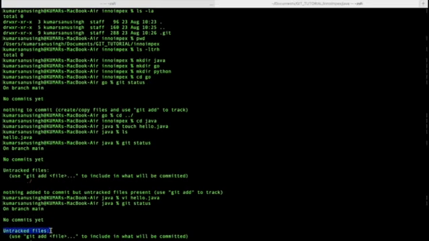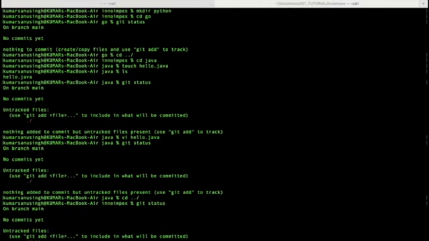Again, the same thing, right? Because we haven't added it, so it is untracked. Now if I come here and run git status, it will tell me where my untracked file is, inside which folder: Java. Now if I run the command git add, either you can do -a or you can do git add java slash hello.java.